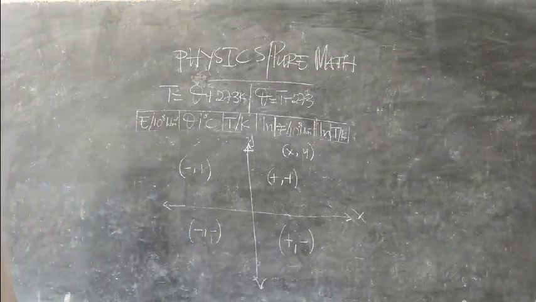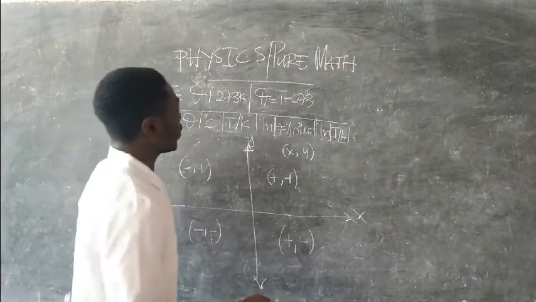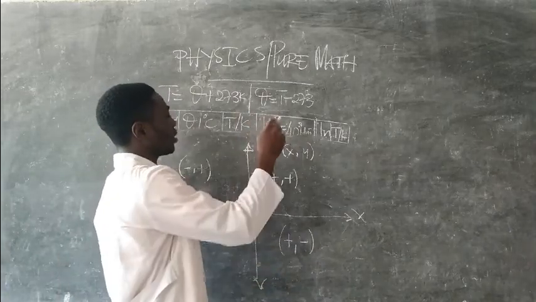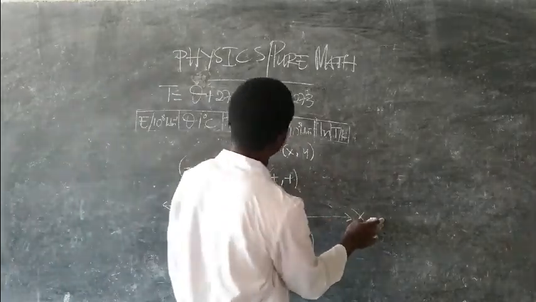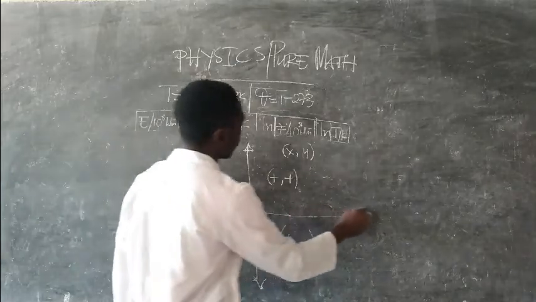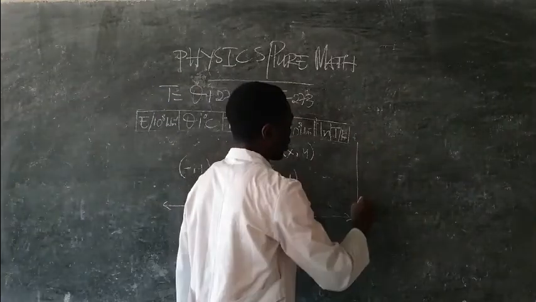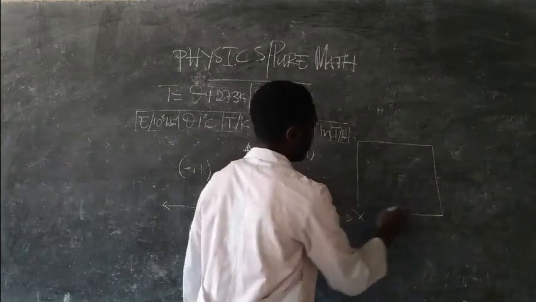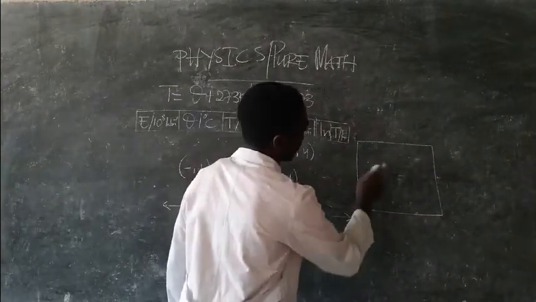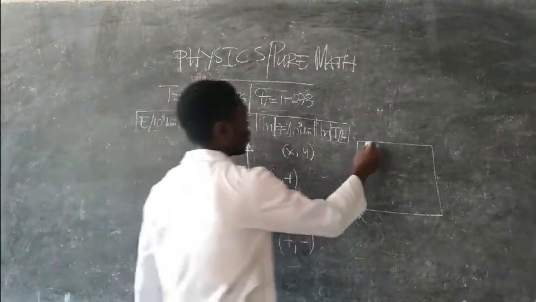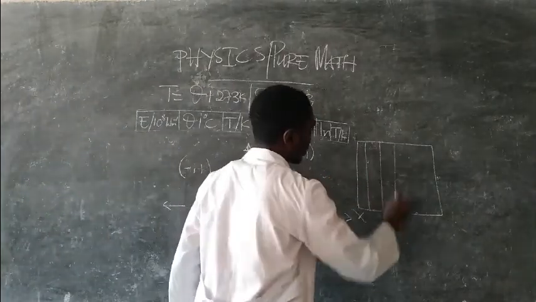Okay. Now, if you happen to have the values of, let's say, ln e, if ln e is positive, and ln c is also positive, it means that this is how your graph is going to look. So on your graph paper, let me just draw a small demo this way, so that I can indicate on it. Now, if this is your graph paper this way, with your squares on it,